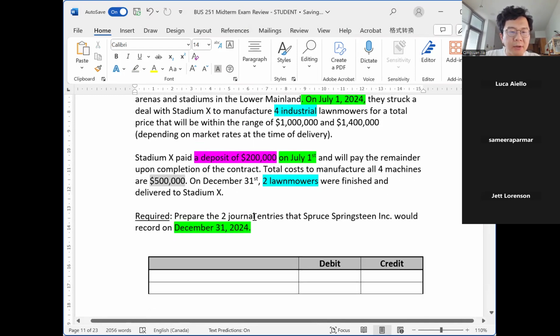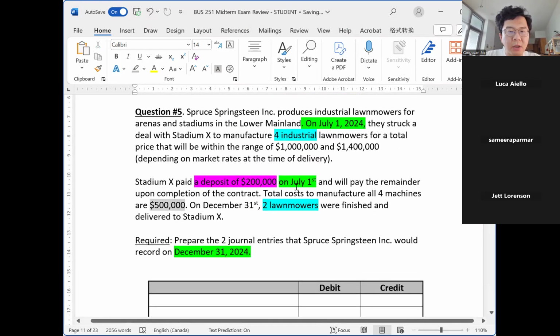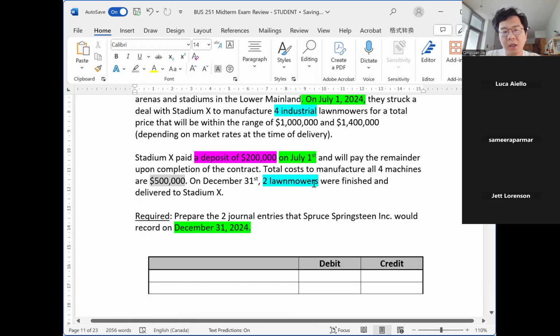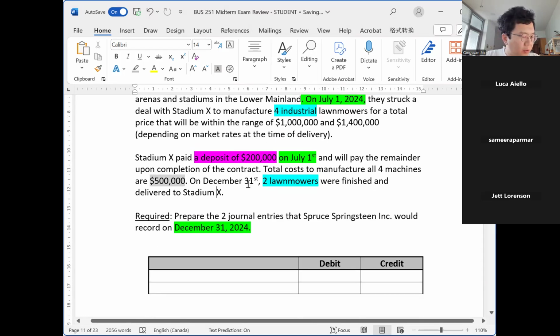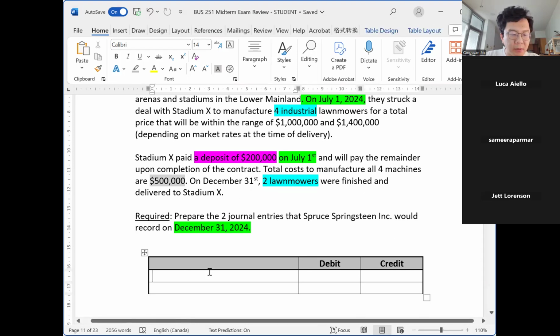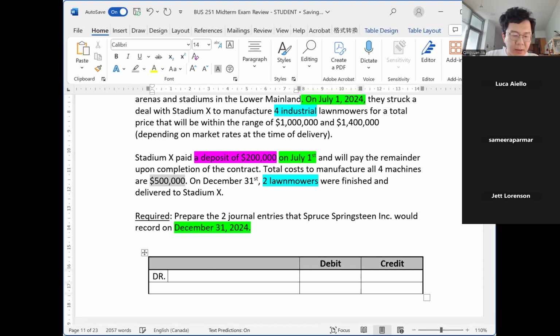So thinking about it, standing on the point of July 1st, the Stadium X paid the company a deposit of 200,000. So when the company accepts the deposit, it will debit cash,